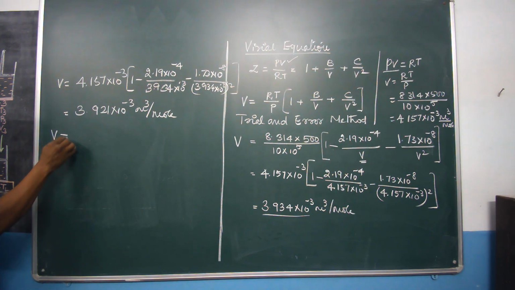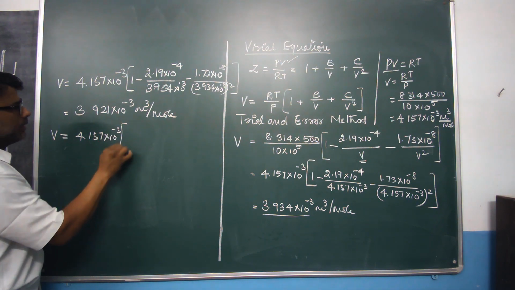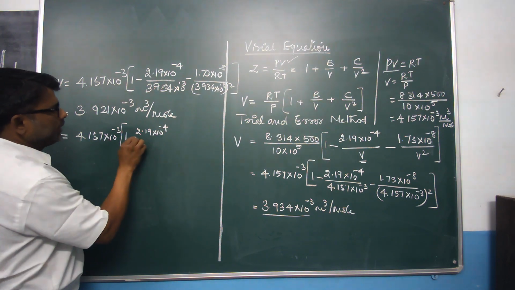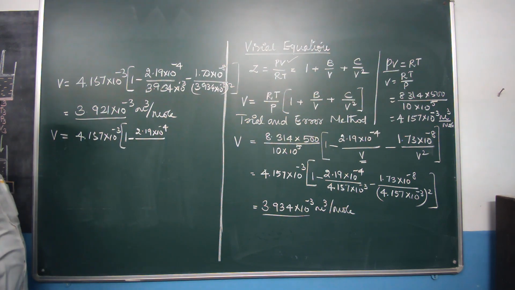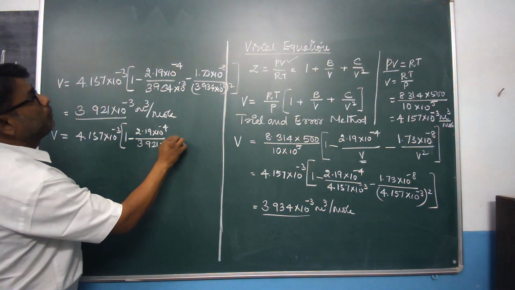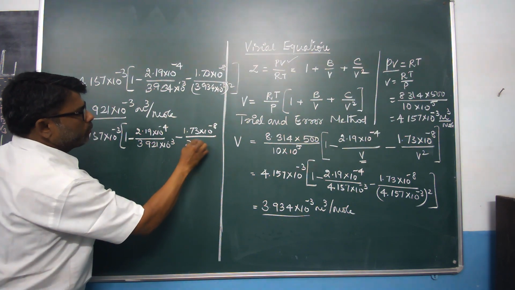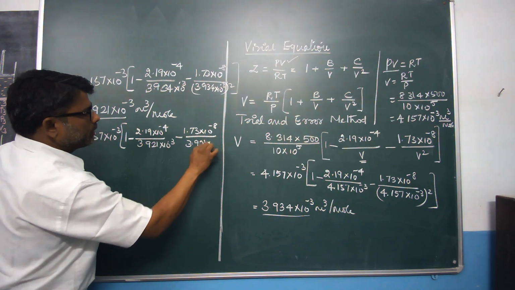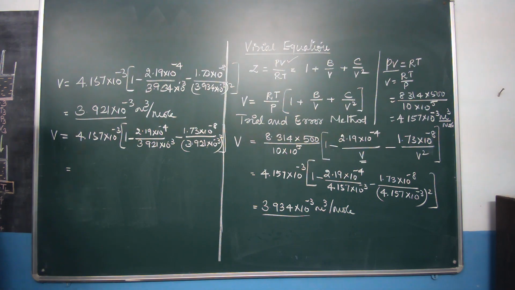Again, V is equal to 4.157 into 10 to the power of minus 3, into 1 minus 2.19 into 10 to the power of minus 4 divided by, instead of 3.934, I am going to assume this value, 3.921 into 10 to the power of minus 3, minus 1.73 into 10 to the power of minus 8 divided by 3.921 into 10 to the power of minus 3, the square. What is the answer? Now the third trial answer is